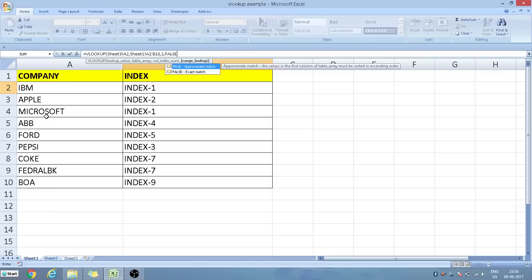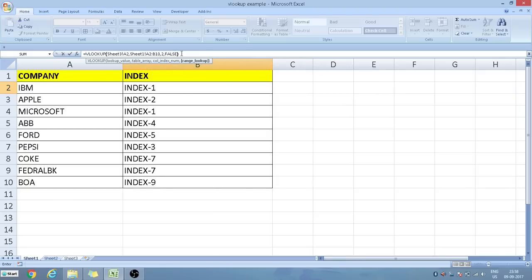Means if the key value is PPLE, then it will take this value Apple. So it looks for the occurrence of the characters in the column company. We are not interested in that case. We are looking for the exact match, so we will give false here.